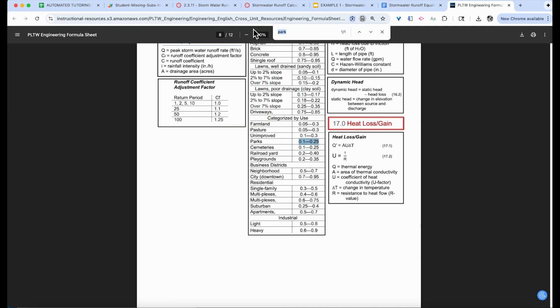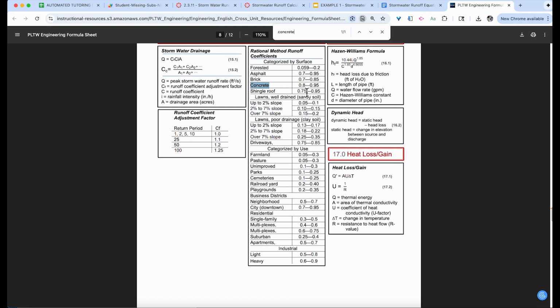So what we can do is go back to our good old handy dandy engineering formula sheet and we can type in concrete. Now, as you can see up here, it has anywhere from 0.8 to 0.95. Now, they do not mention use the upper range. They also do not tell us use the lower range. So what we're going to do is make an approximation between these two numbers, which is finding